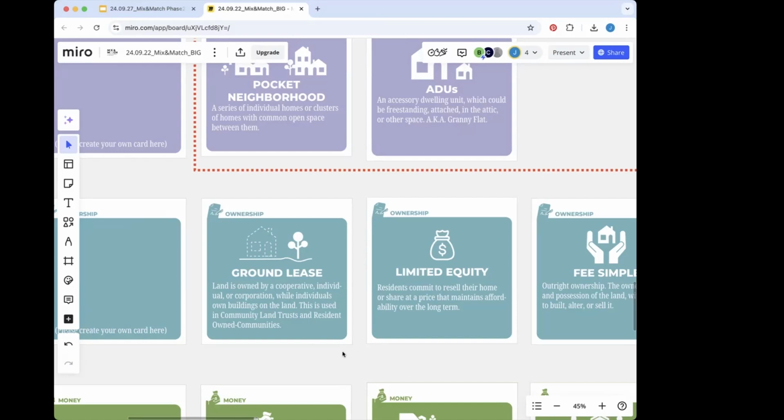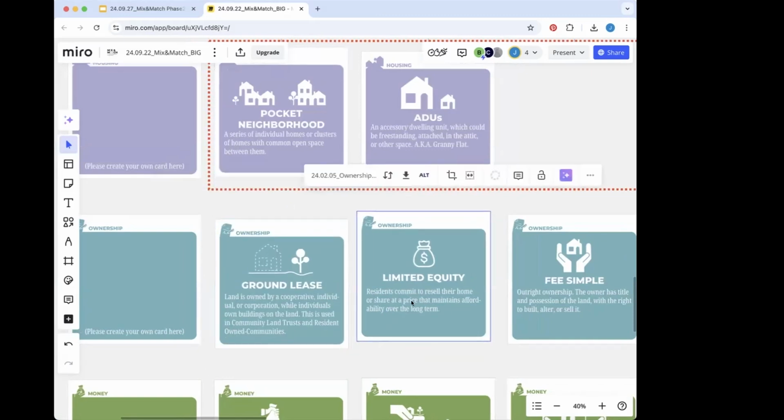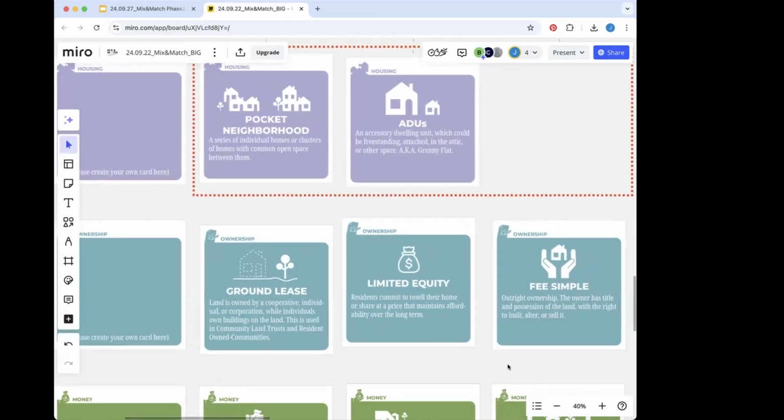And this is a structure that's often used in community land trusts. And so that's one tool that we'd like to place. And then another tool is limited equity. Because we're really focused on long-term affordability here, we thought we would